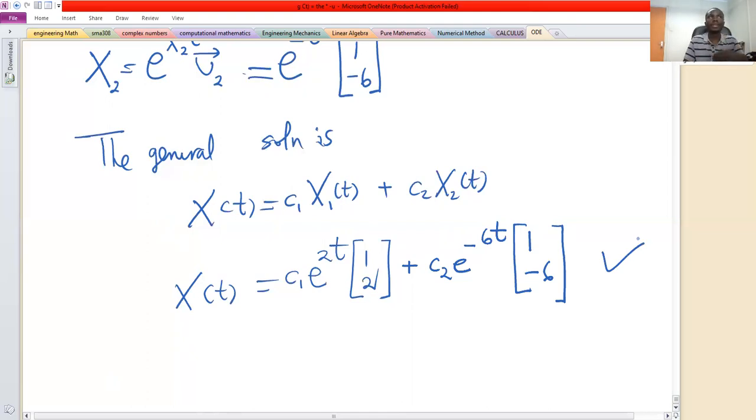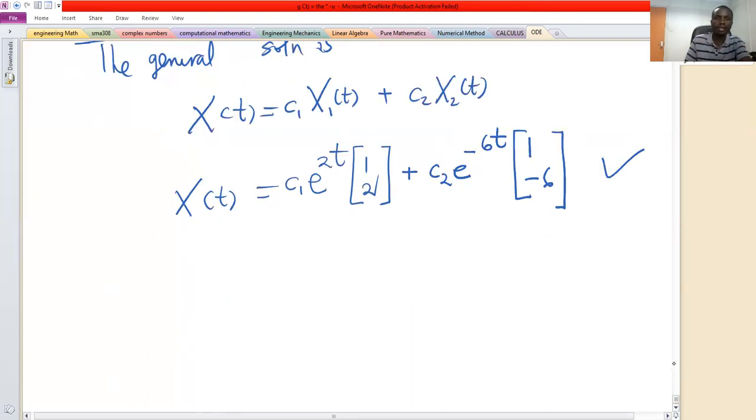Had we not been given the initial conditions, x of 0 equals 0 and x prime of 0 equals 8, then we would stop here. But then we go further to get the solution. So we are told that x of 0 is 0, x prime of 0 is 8. So this is just the same as saying x,